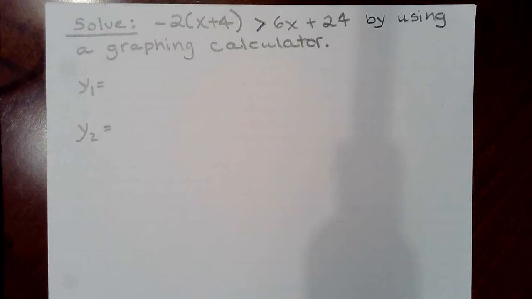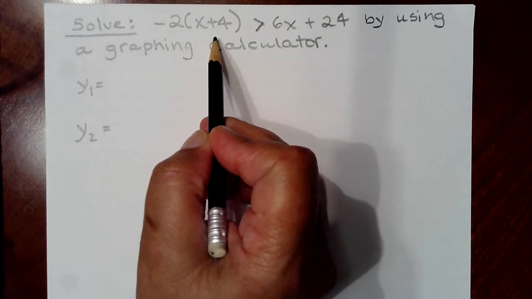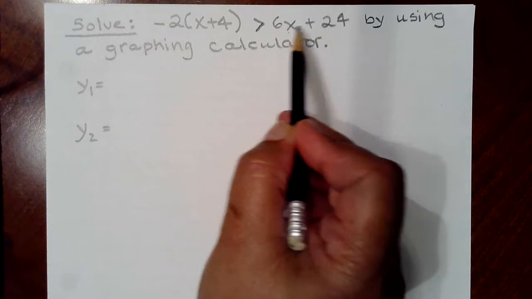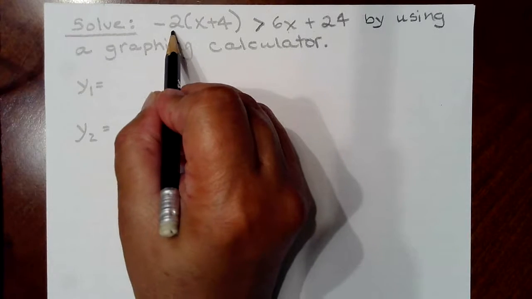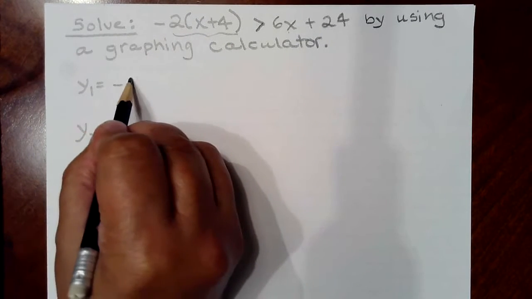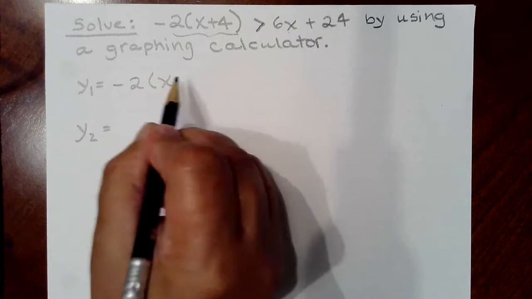Okay, in this video, another demonstration is given using your graphing calculator to solve inequalities. This time, we'll be solving -2 times x plus 4 is greater than 6x plus 24 using the graphing calculator. So the very first function that we're going to enter is the left side, the expression -2 times x plus